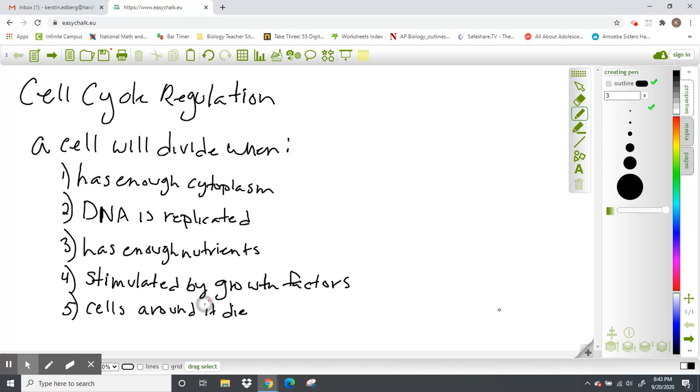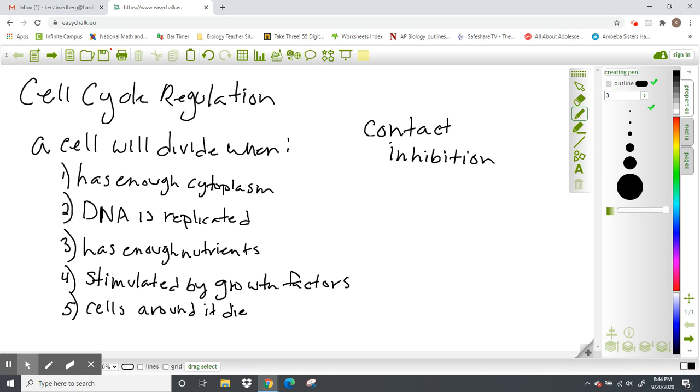Okay, so when the cells around a living cell die, that opens up space. One of the things that regulates how quickly cells divide is whether a cell is touching another cell or not. There's a thing called contact inhibition. This contact inhibition turns off the division process when the cells are sufficiently packed in to maintain that barrier between inside and outside, especially on your epithelial cells, the skin.